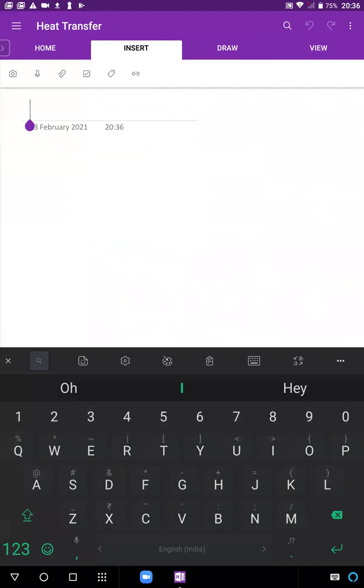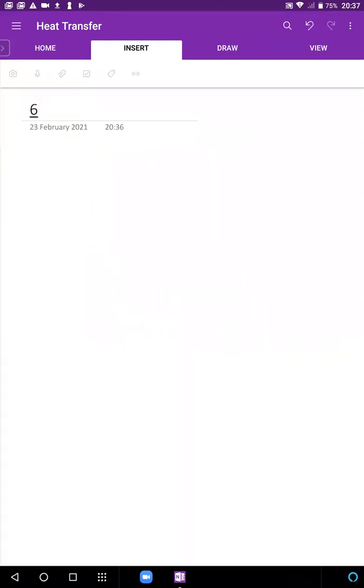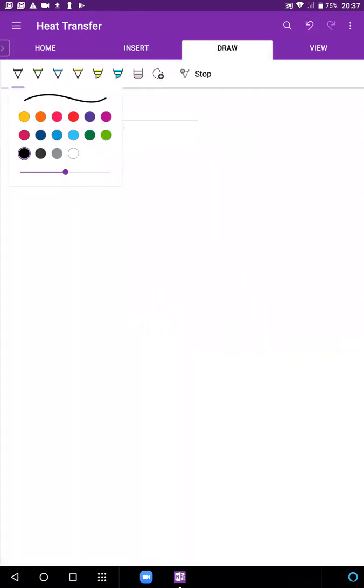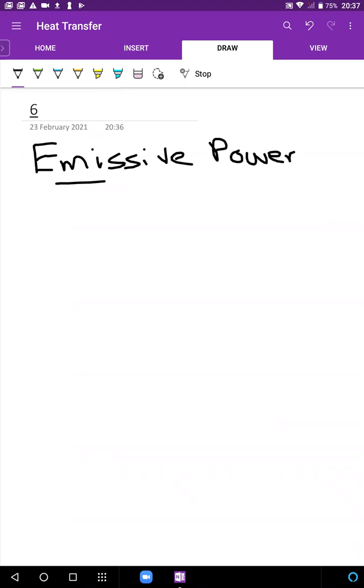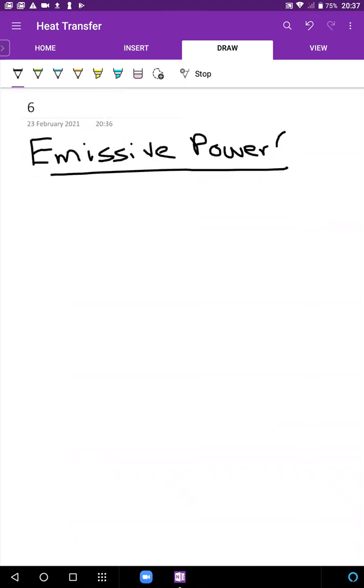So just to tell you, emissive power. This is why the names are a little important. If you don't pay attention to the names, you will get confused. Now, emissive power sounds similar to the names we just saw. In the previous thing, we saw reflective power, transmittive power, absorptive power. It will seem that emissive power sounds very similar, but if you see the definition, it's going to be completely different.